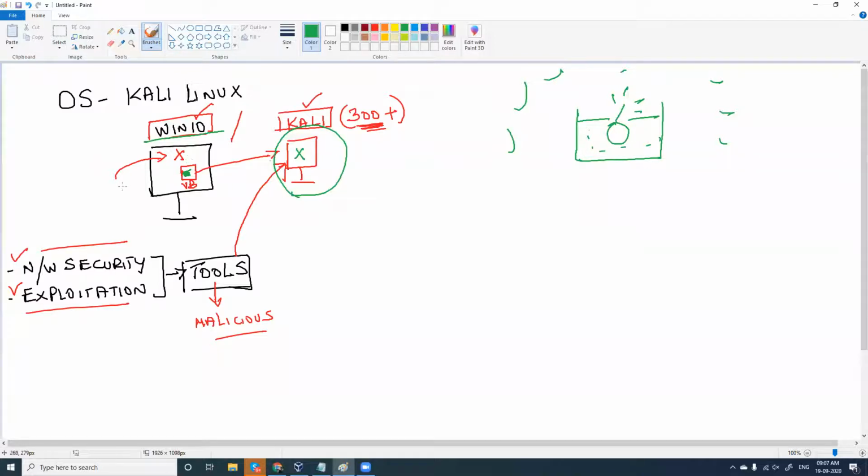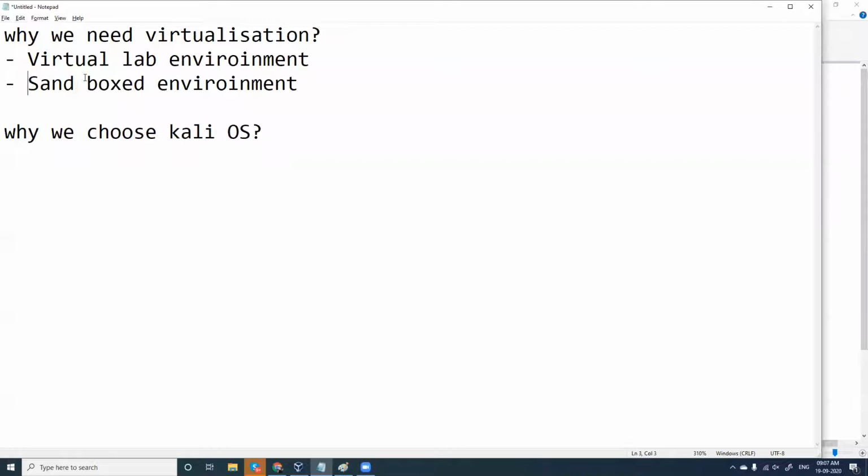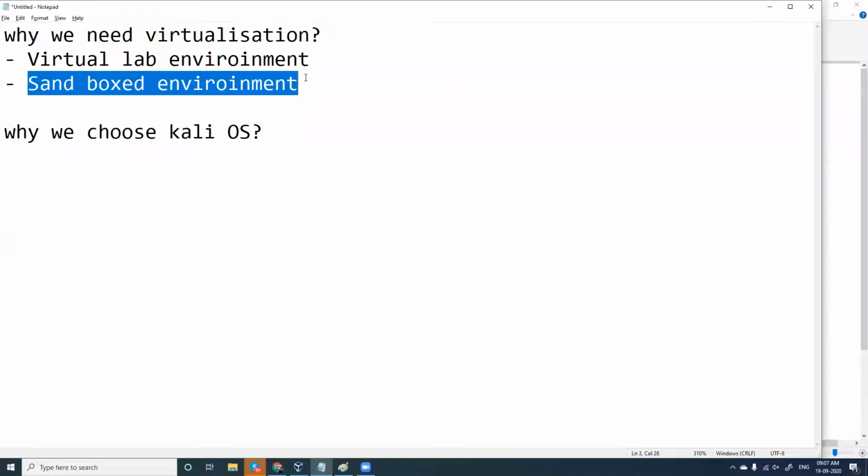So VirtualBox acts like a sandbox environment. That is use number one. It is a safer environment to test and to do whatever you want. So the host operating system will always be safe. You can install any type of operating system, whatever you wanted to try and test, right?